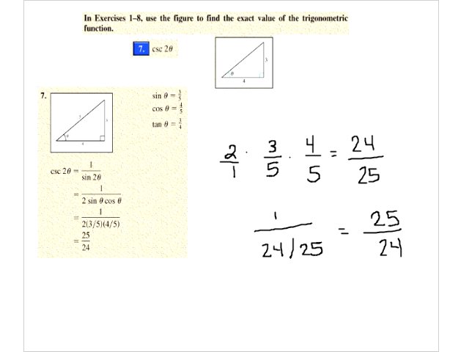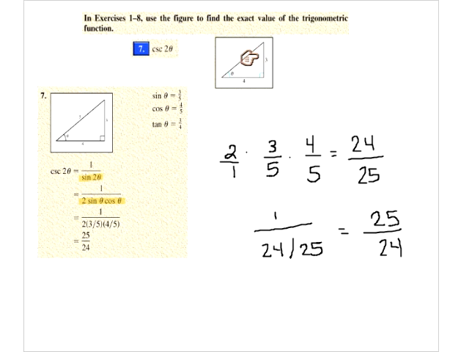Okay, so the first one we're looking at, we want to find cosecant of 2 theta. We don't know how to do the 2 theta, so let's see if we can rewrite that. Well, cosecant is the same as 1 over sine of 2 theta. And we do have a formula for sine of 2 theta now. We can rewrite it as 2 sine theta cosine theta. And then we'll have to use our triangle that's given to us to find what sine theta and cosine theta